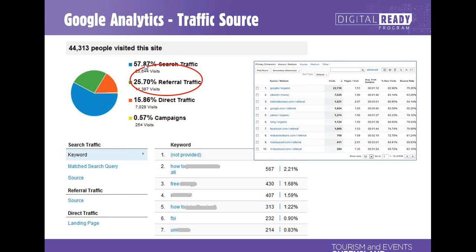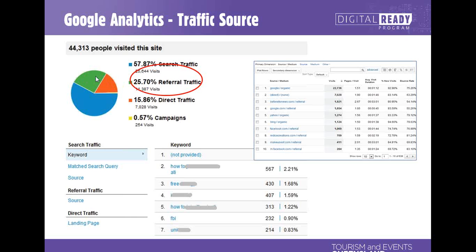Other things, where's my traffic coming from? So most of it from search, some of it from referring sites, so I've got links in here, and some of it people typing in the URL directly. So again, this is up to you and what your digital strategy is as to whether you want to increase this or increase this. I'd probably be looking for a bit more of this, because backlinks into your site, from everything I read, can really help you with your search engine optimization.